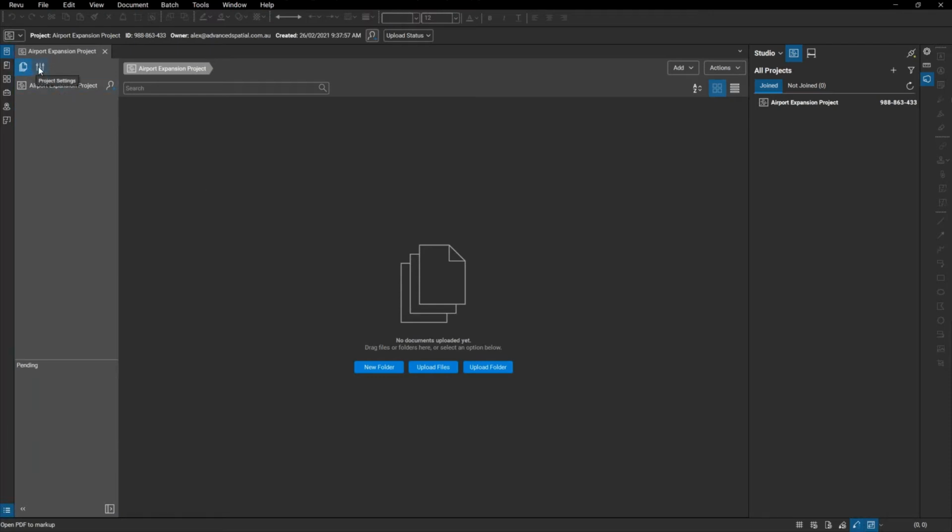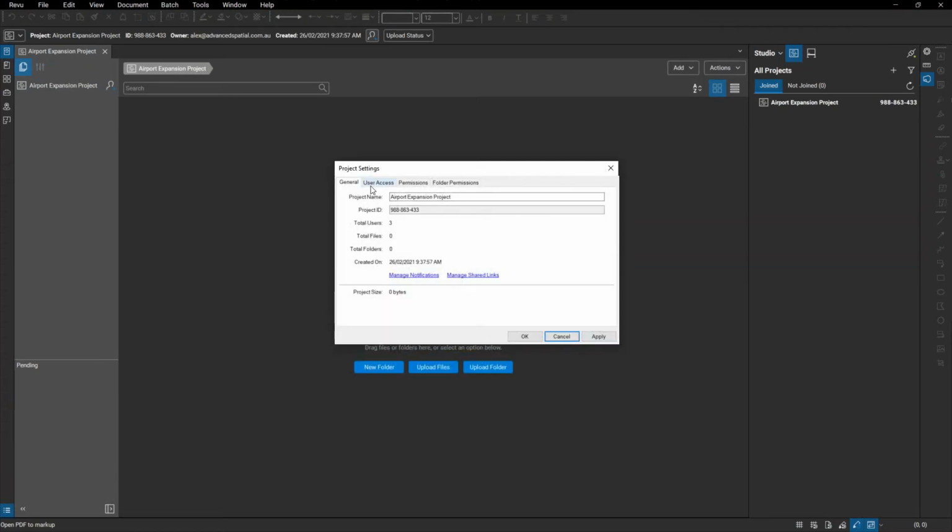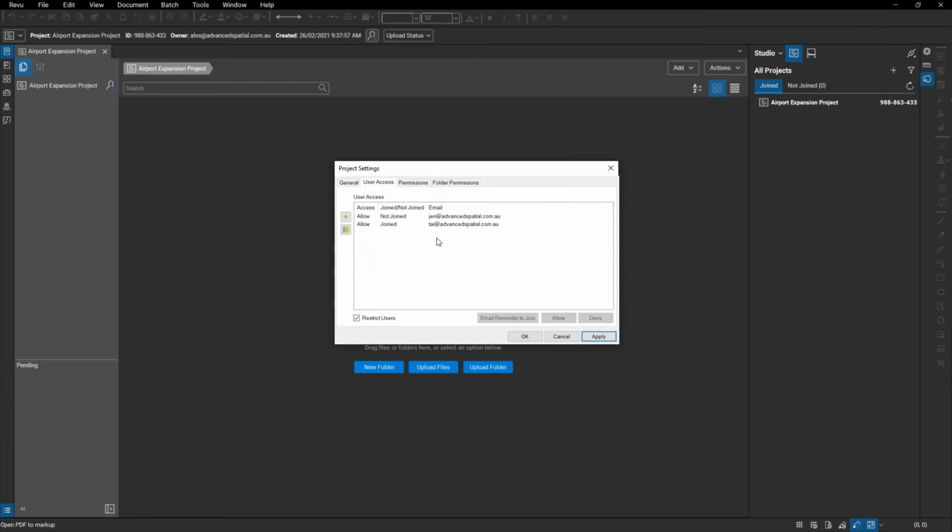So to set permissions, we just go to the project settings in here. And you see there's two ones in here. So we've got user access, which tells you which users are in here. We've got permissions. So the permissions can be set by groups. So currently we've just got one group, which is attendees, but we can separate them into different groups if we want to,